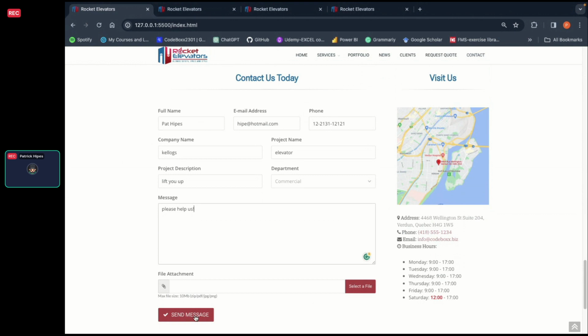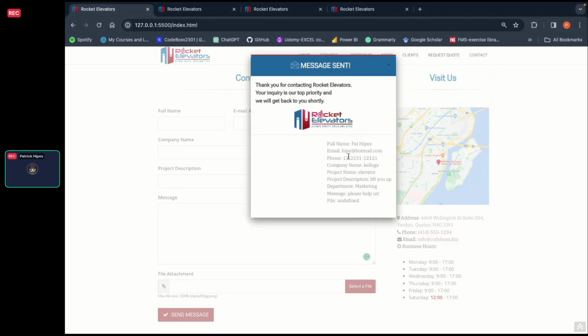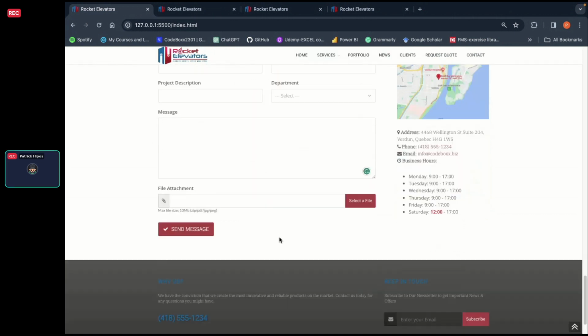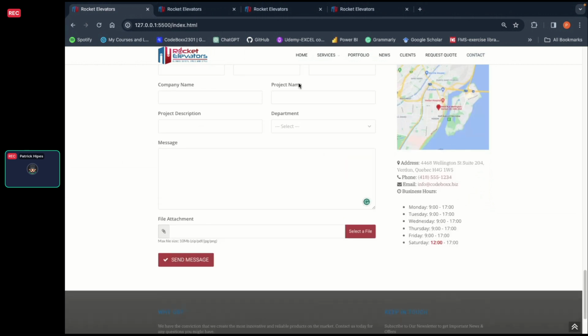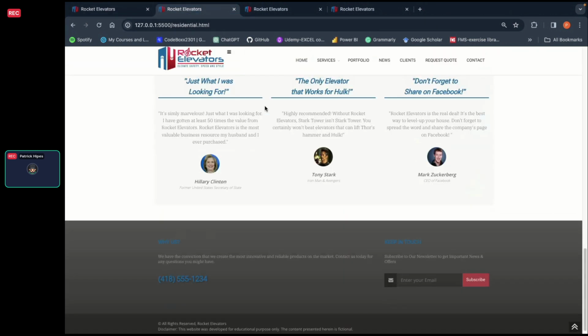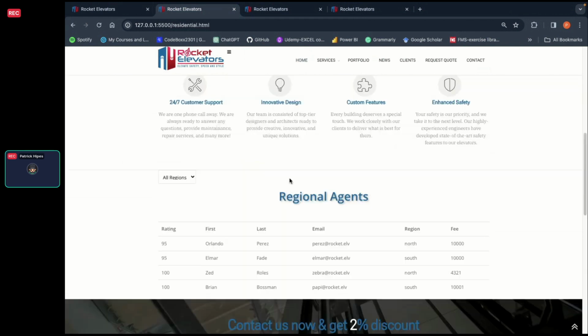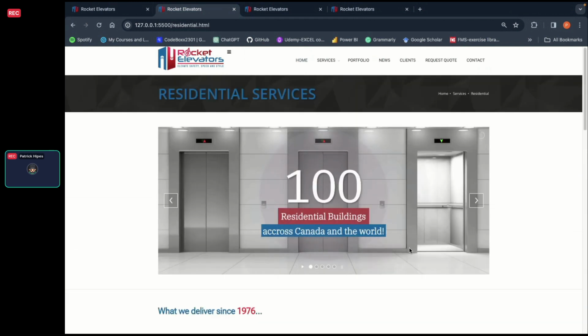And we'll go ahead and hit send, which sends it to the API that was provided. And then we get this fallback message of everything that we had submitted in those fields. Okay. So moving on from here, the next thing we were asked, on the commercial and residential page, was to create a table. Before we get to the table, I will just show you